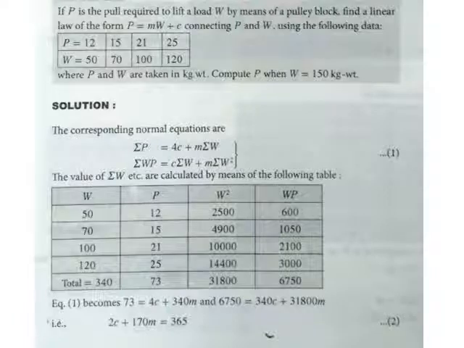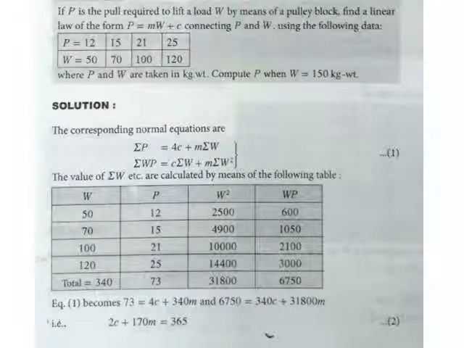x equals b0 plus b1y, and again the normal equations. Now the change arising here is that the left side is capital X, whereas the right side is y. Earlier we discussed the left side with y and the right side with x. That is the change here. Calculate the constants and obtain the estimation.